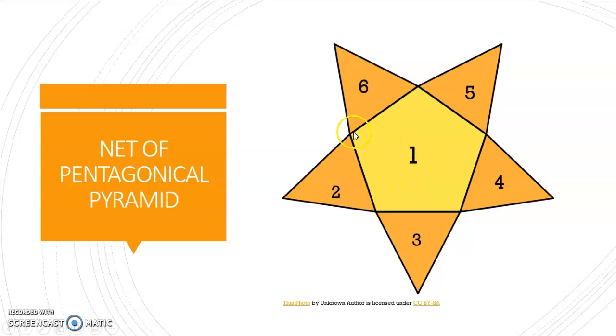If we look at our edges, it will be 1, 2, 3, 4, and 5. Then they share this one, 6, 7, 8, 9, and 10. So it holds true for all